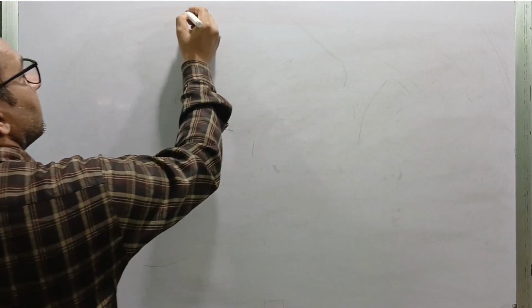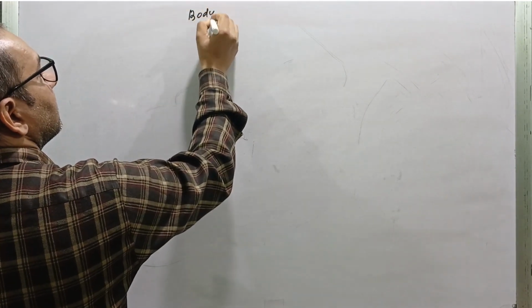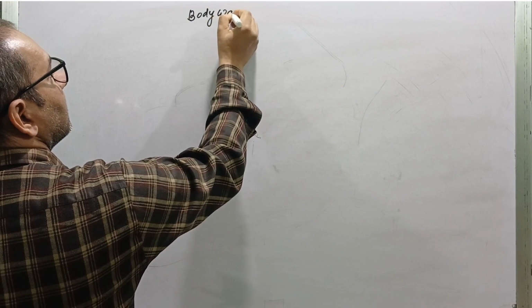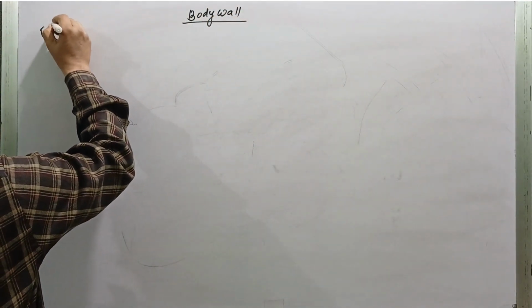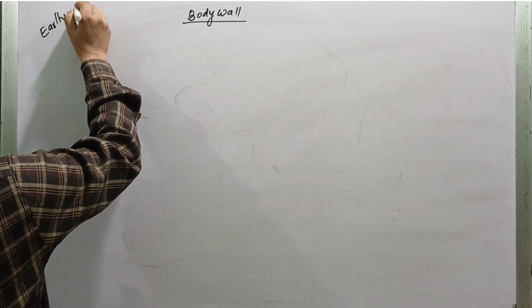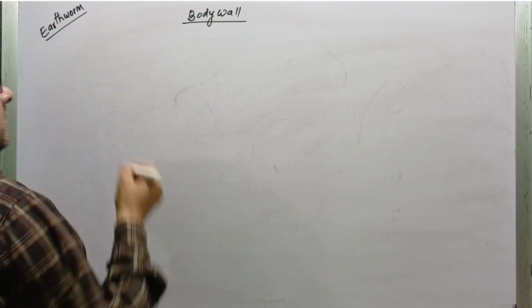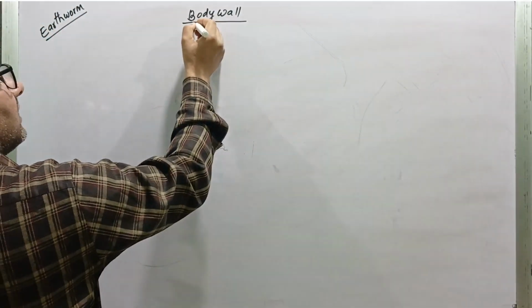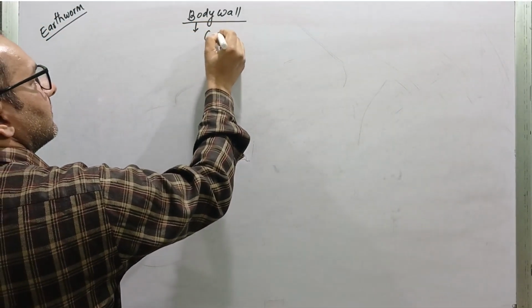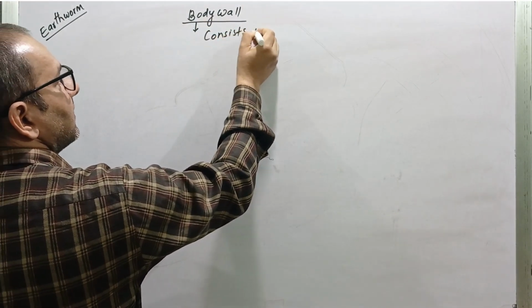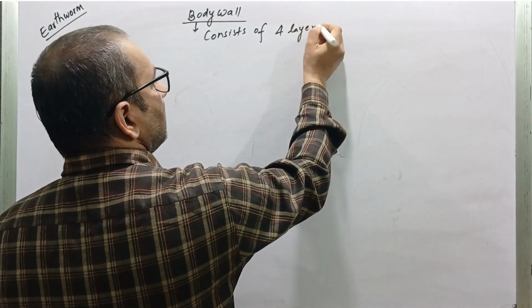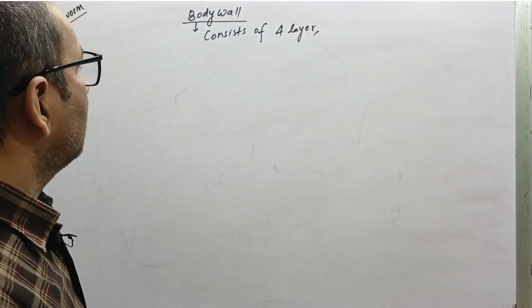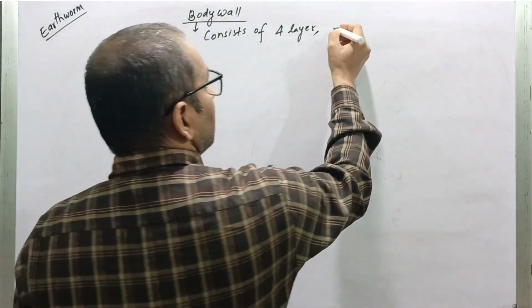Today we discuss about body wall of earthworm. So the body wall consists of 4 layers. Histologically, body wall consists of 4 layers, which are